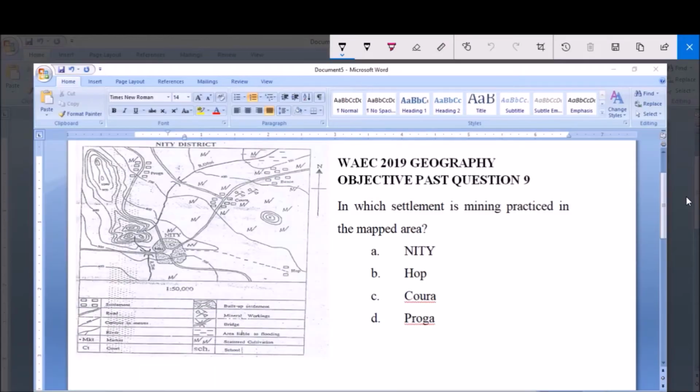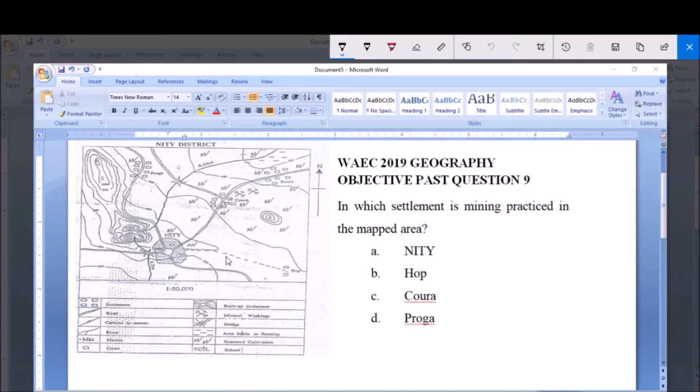Hello, I'm going to be answering WAEC 2019 Geography Objective Past Question 9. In which settlement is mining practiced in the map area? A. Niti, B. Hop, C. Kura, D. Proga. So, in order to answer this question, first we'll look at each of the options given to